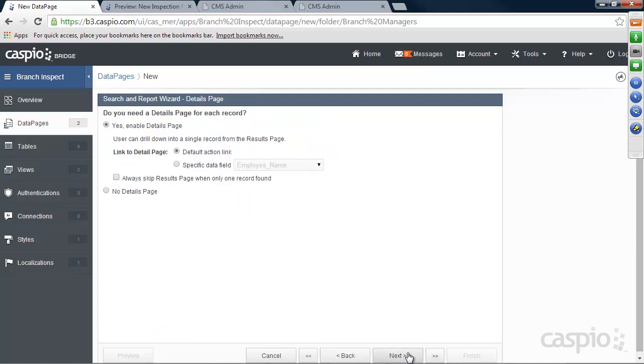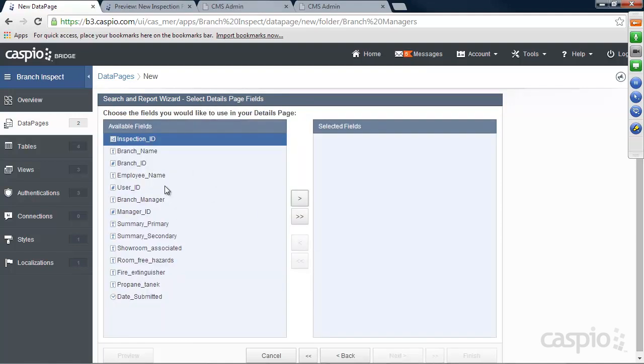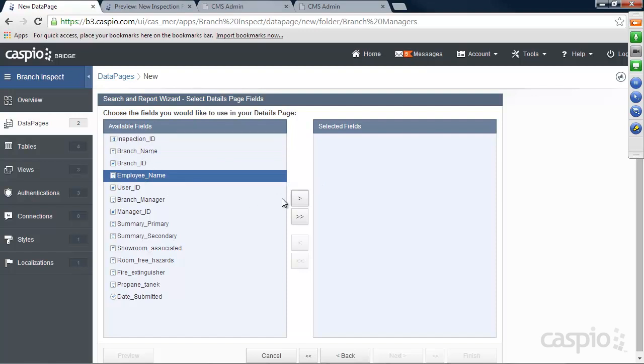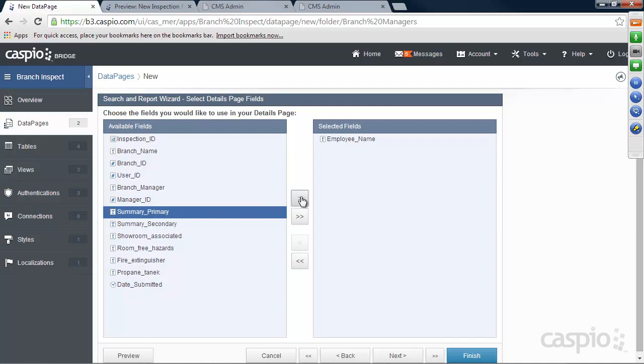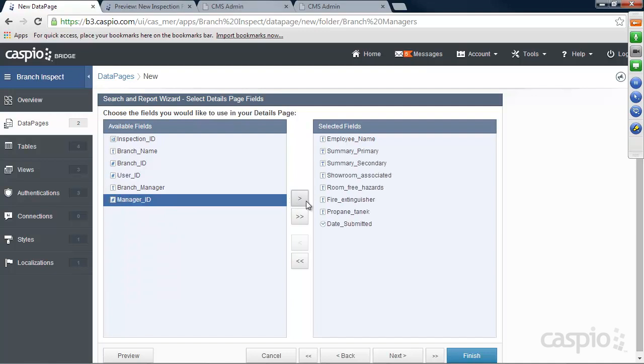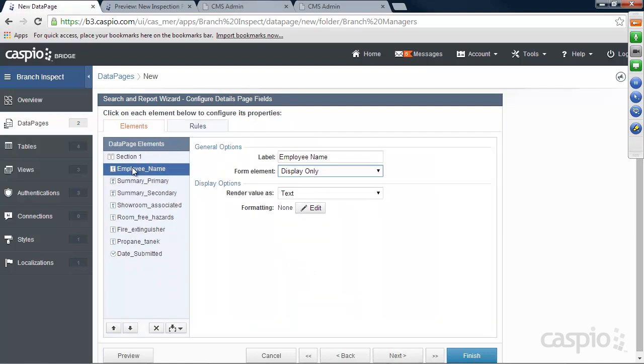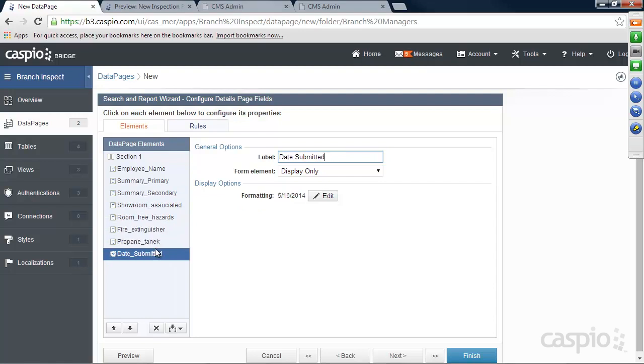And in the details page, I want to be able to see more information. So I want to be able to see the inspector's name. I don't need to see branch manager because that's me, and I want to be able to see all the other information about that inspection. Okay, so I'm going to rename the employee name to inspector name, and we're going to keep everything display only, because the branch manager shouldn't be able to edit this information unless given that right. So let's click finish,